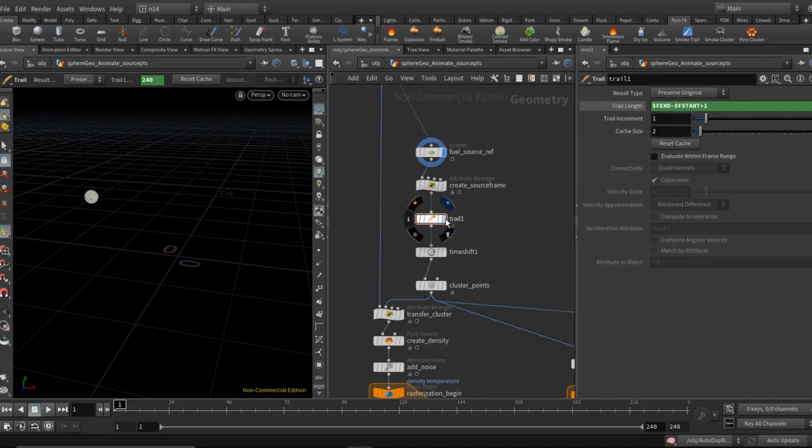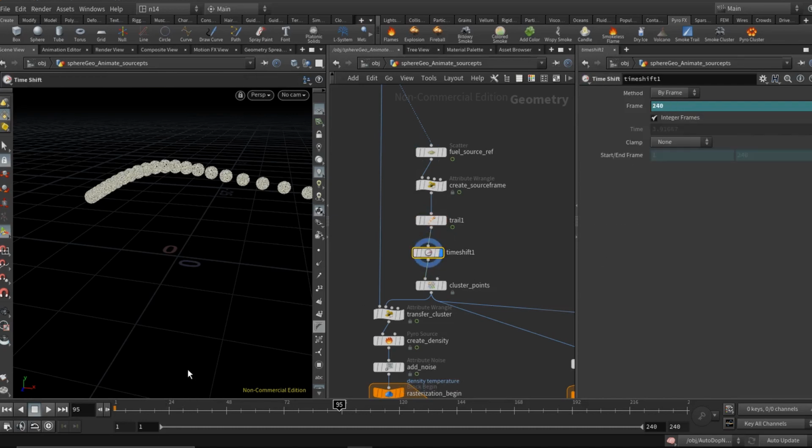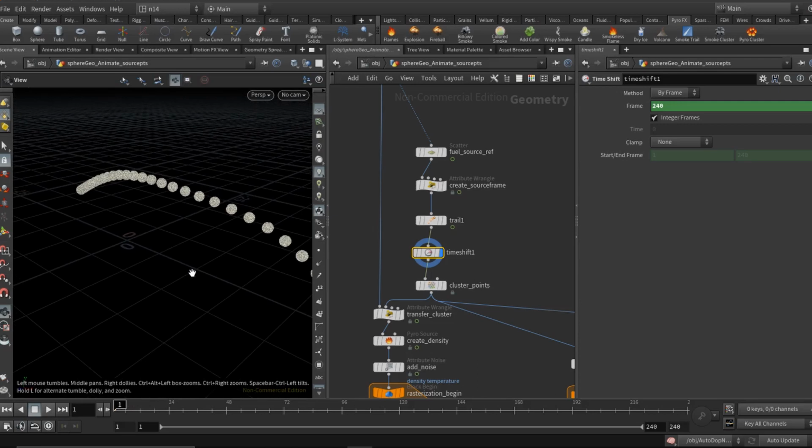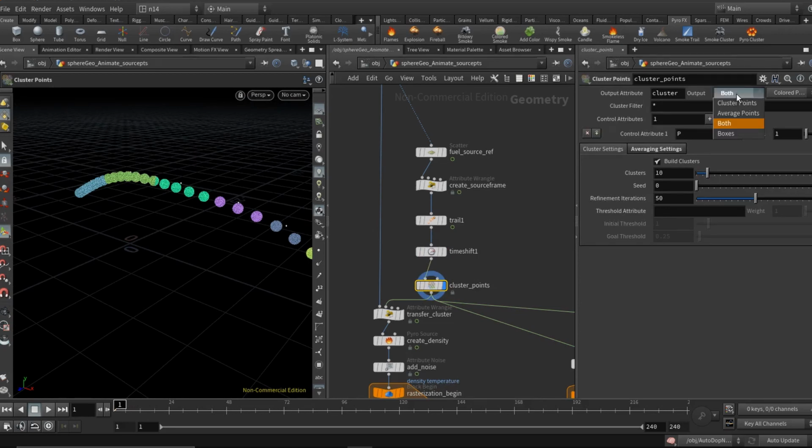So at every frame it will calculate the position of the source sphere at all previous frames, and in the time shift it has used this expression to cook the location of the source sphere at all the previous positions. Now these points are grouped into small clusters through this node, and the method it has chosen is both. So not only do you have the cluster of these points, say if I would have chosen this option, then it